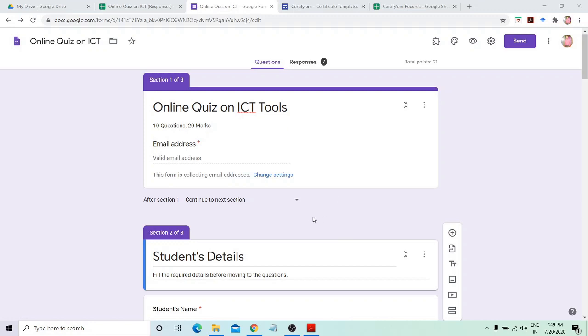So to generate certificate automatically, you need to create either a feedback form or some quiz, and based on data for that form, that quiz, you can generate certificate automatically through Google add-ons.